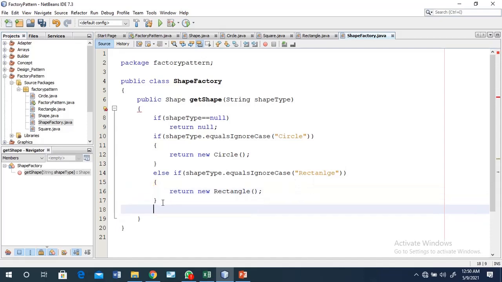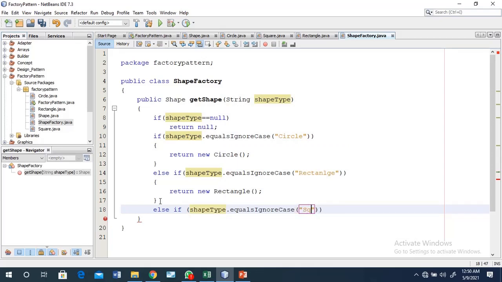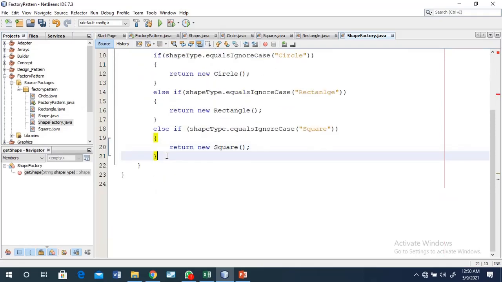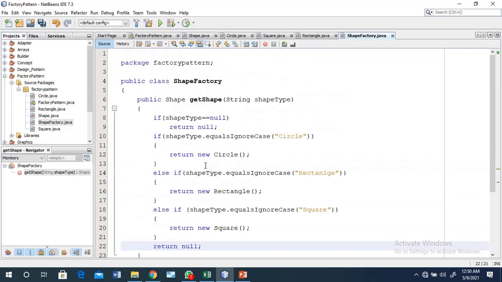Okay, then after that again use else if for shapeType dot equalsIgnoreCase for square. Okay, so if the input is square, then it will return an object for square. Okay, so that is the main concept. Okay, then after that return.